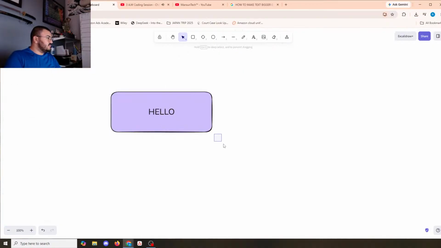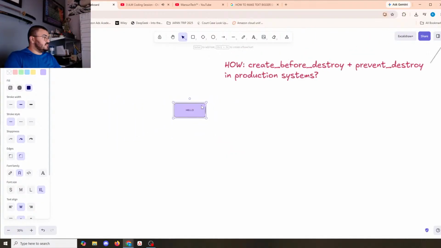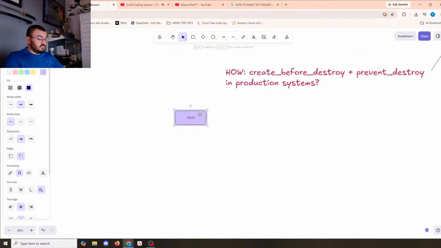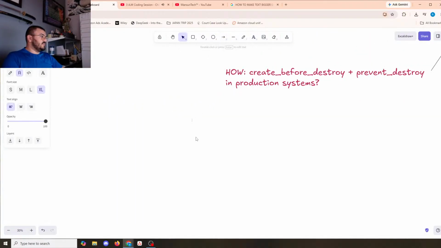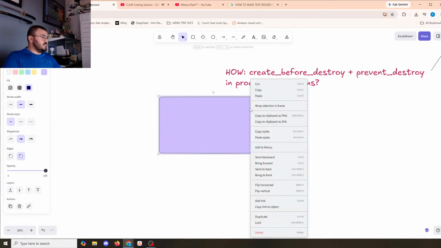Yeah, no, this doesn't get bigger, because you have to make text create before destroy. And this can get bigger, and then I have to draw the box around it, which seems kind of dumb,